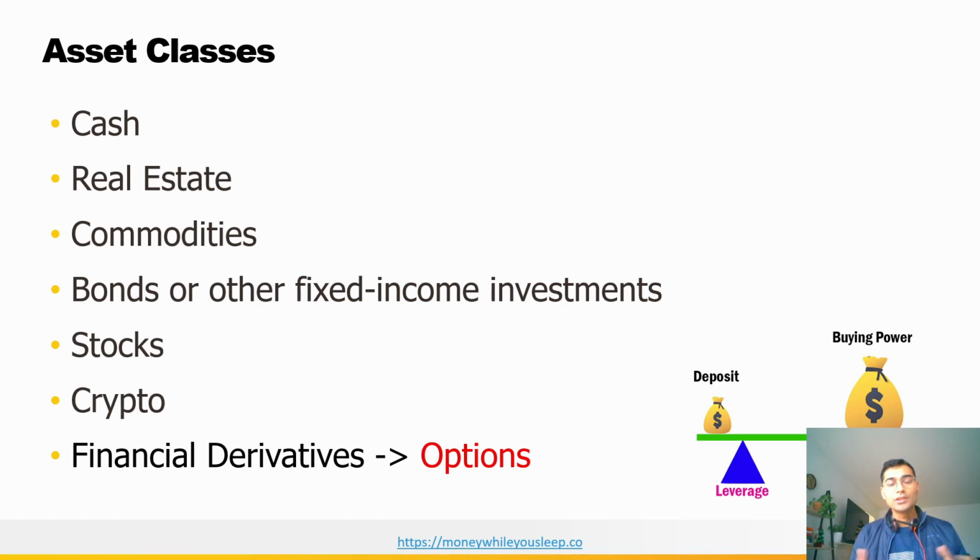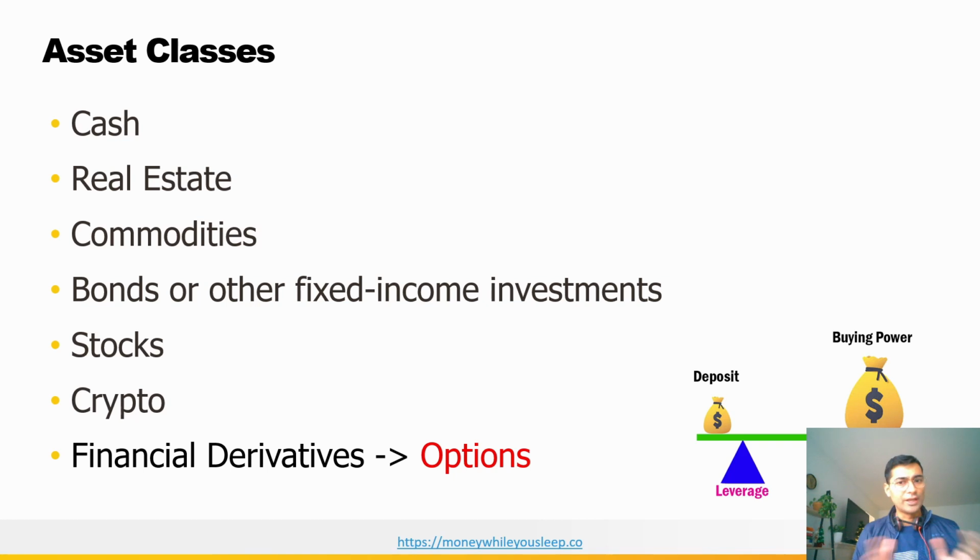The fourth is bonds or other fixed income investments. So governments or companies issue bonds, which in a way work like a loan, in which they give some interest and ultimately after a period of time they pay back. The next is stocks. Again, should be straightforward. And if you need help, just let me know, and I will be covering stocks in detail as well. The next is crypto. Crypto is a very new asset class, and you would have heard of Bitcoin and Ethereum and many other coins which are doing great nowadays. So this is also a very new asset class coming up.